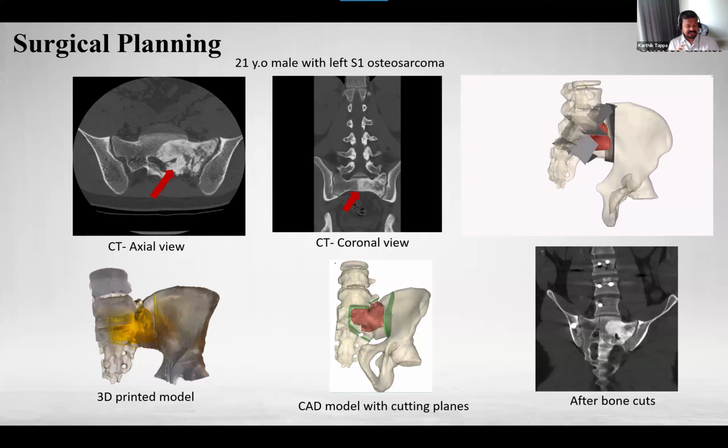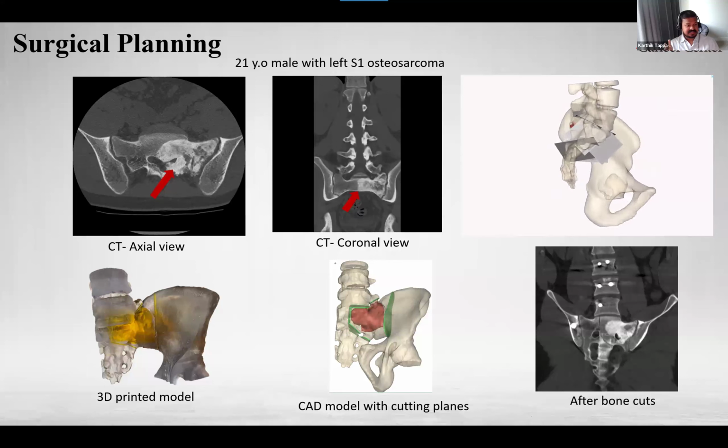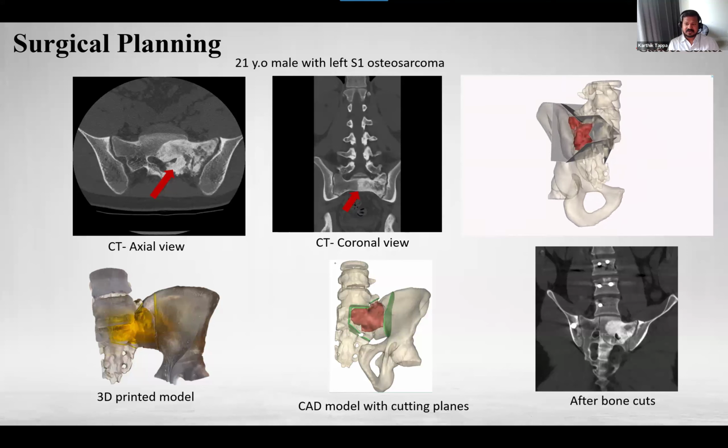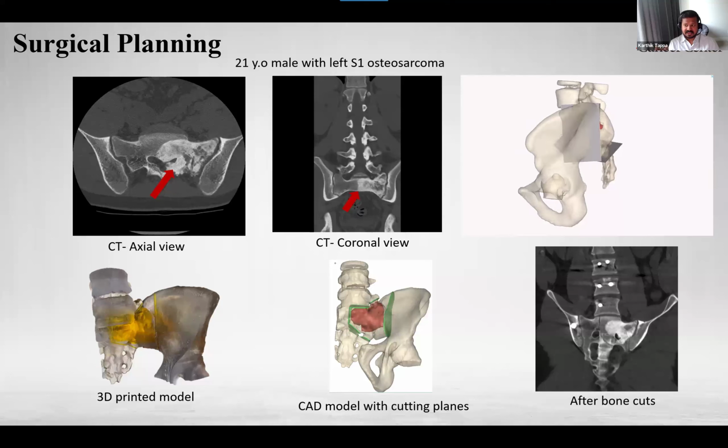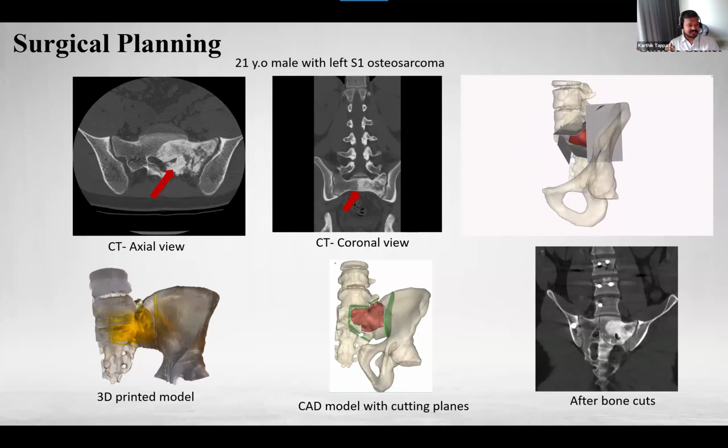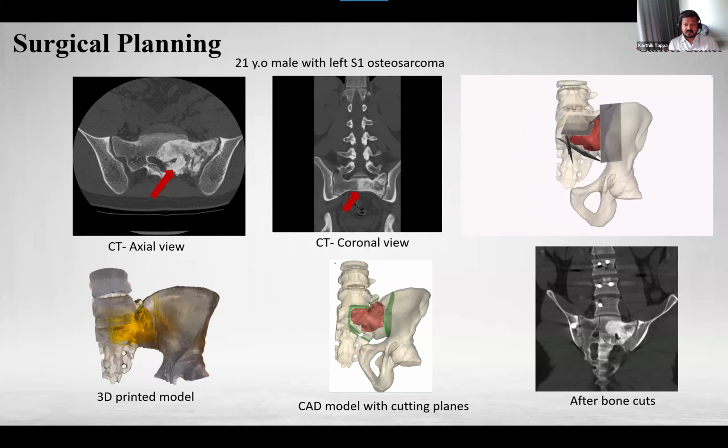In addition to patient education, this 3D printing is also used in surgical planning. Here, you can see CT axial and coronal images of a 21-year-old male who presented with an S1 osteosarcoma. Here, you can see the tumor well lit within the CT images. And once we do the CAD modeling, we sit with the surgeon who does the resection. Especially here, you can notice that the tumor has almost encapsulated the S1 nerve roots, and it's in a very peculiar location. A surgeon needs to be very careful when doing this resection, especially